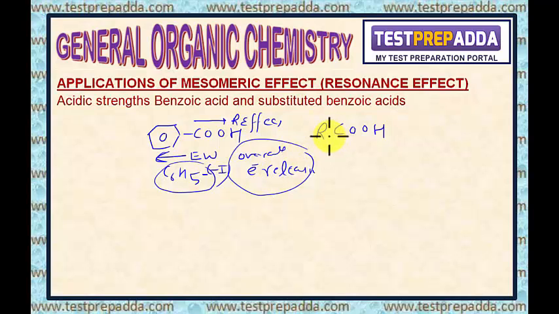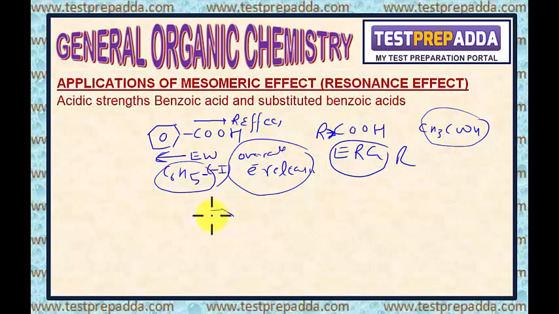But in case of aliphatic carboxylic acid, it is only electron releasing group R. So it will push the electrons towards COOH. So this is pure electron releasing group. That is why when you compare benzoic acid with aliphatic acid, if I take the example CH3COOH, acetic acid, so benzoic acid will be more acidic than